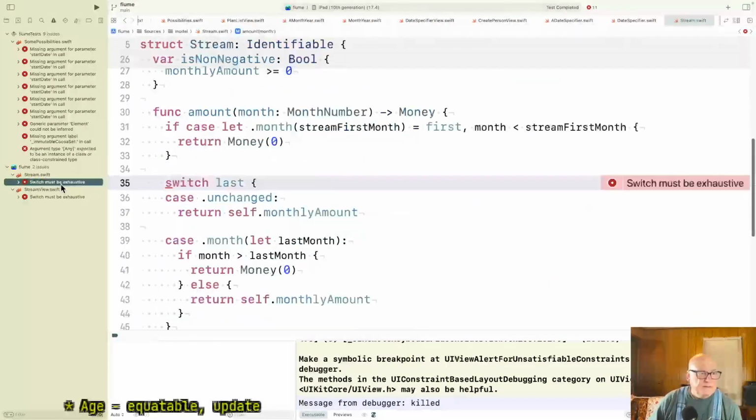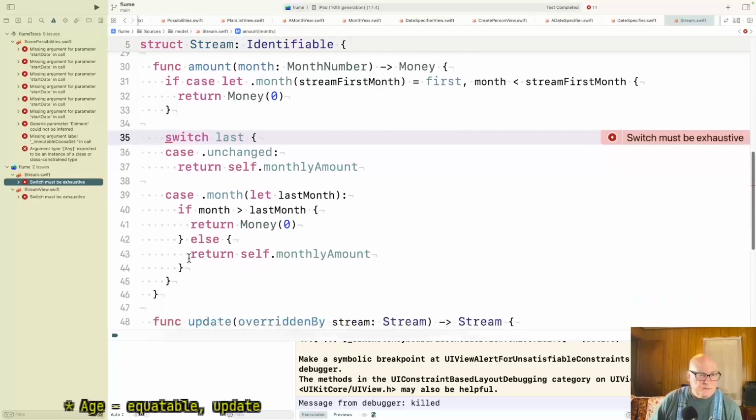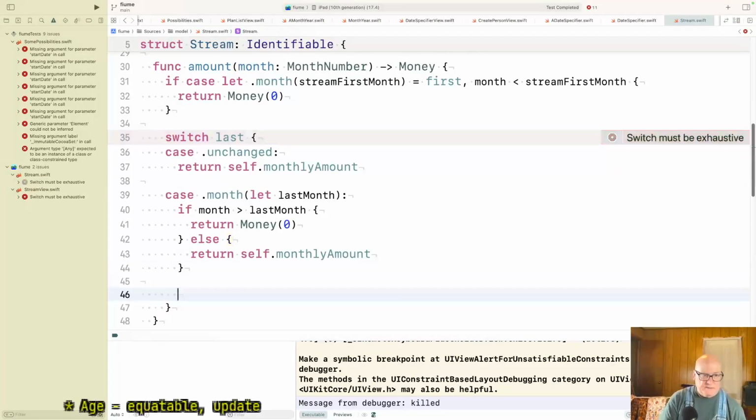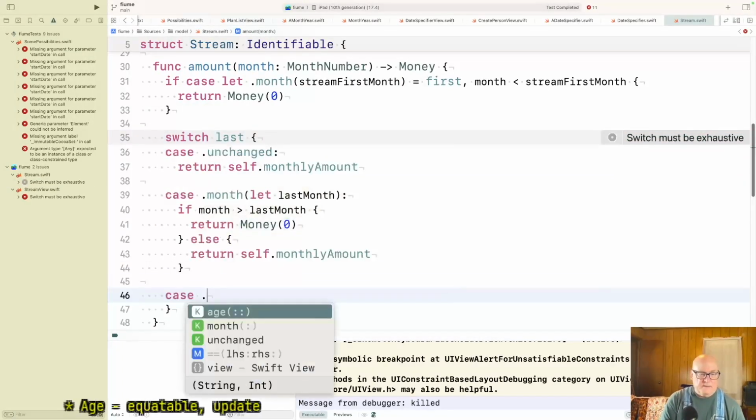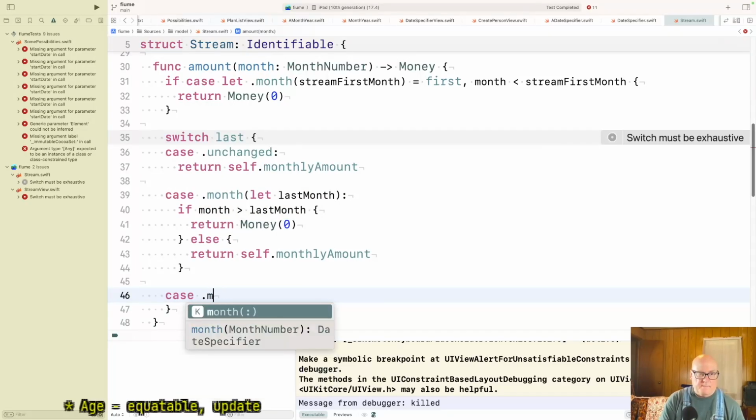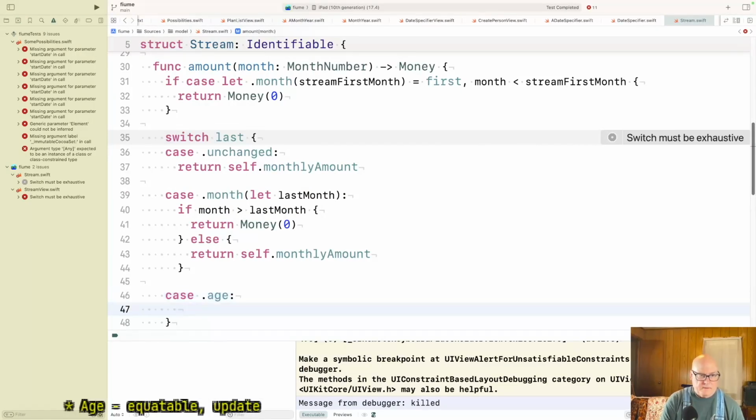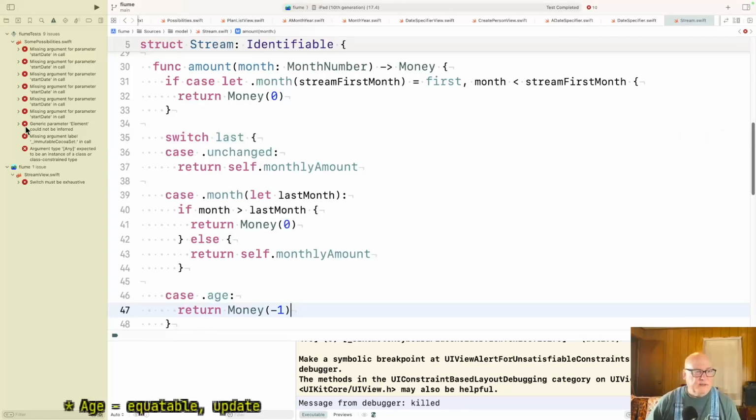All right, and these, we're going to put the case in. But for now, I'm going to return money, and I think even -1, just something to be there for now.